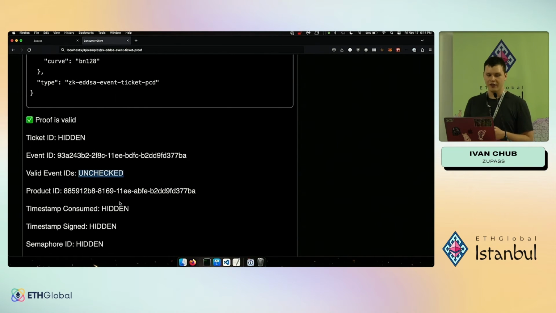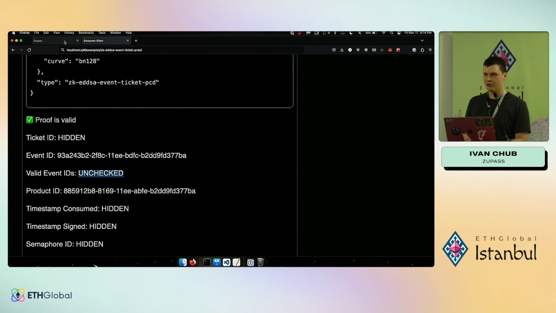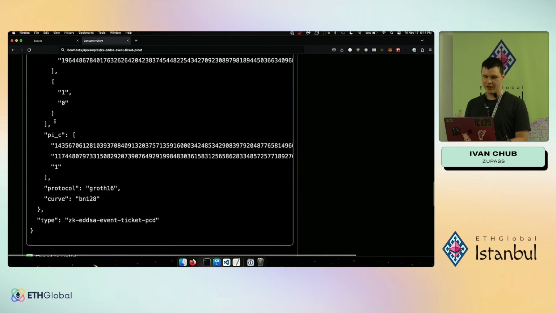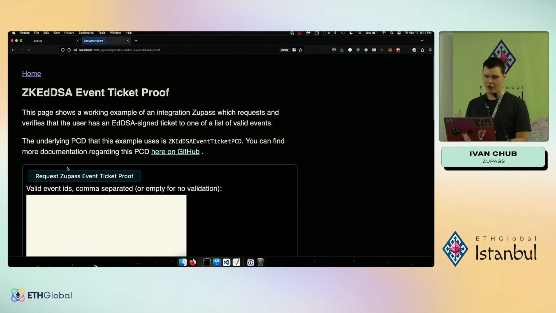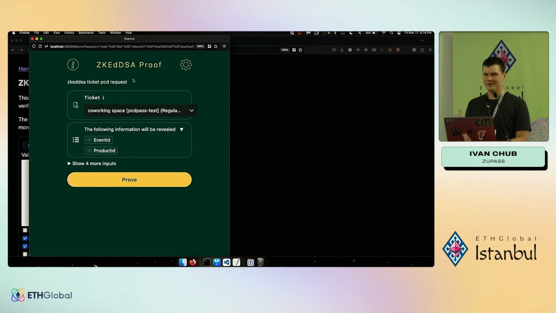Okay, so this API from third-party websites to Zupass lets you make requests to instantiate a new PCD, and the UI that you saw is auto-generated from what the inputs are to that PCD. I don't know if I explained that in a way that made sense, but every single type of PCD, as defined by a PCD package, requires you to give it some information in order to instantiate it. And so Zupass allows a user to input that information into that prove function using this UI,